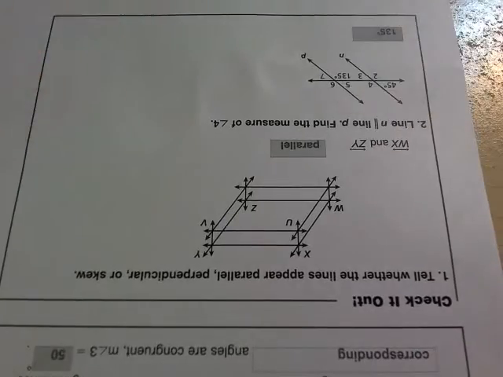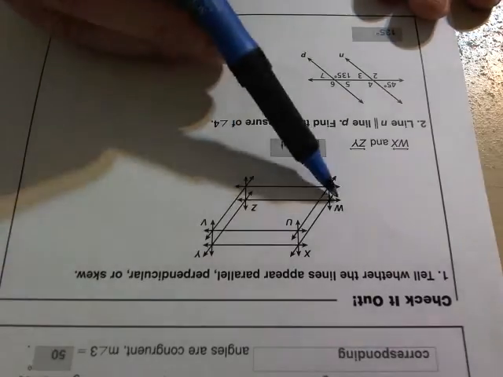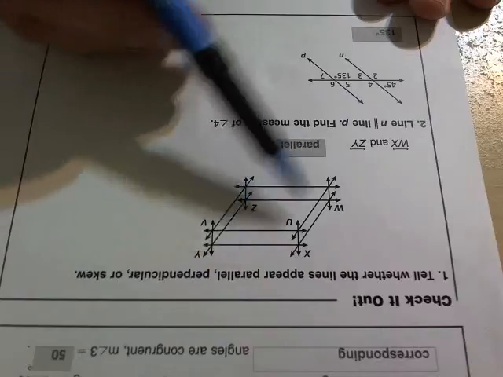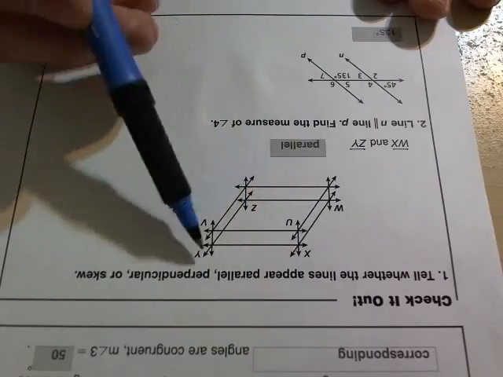Alright, with that out of the way, we're ready to take a look at the concluding examples. Number 1, we're supposed to tell whether the lines appear parallel, perpendicular, or skew. Taking a look at this particular question, we've got WX and ZY. As you can see, WX is on the left side of the fence. ZY is on